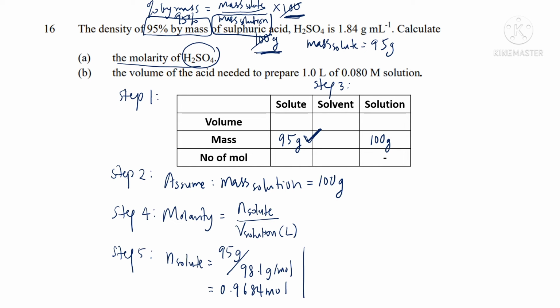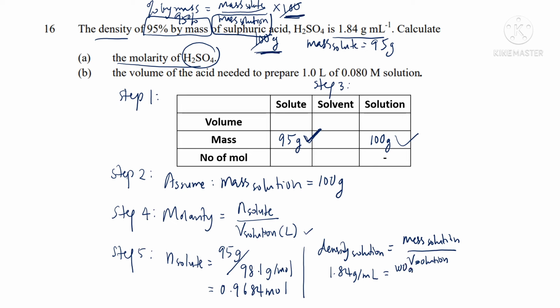And to find volume of solution in liter, we can use the density of solution term. So we know that density of solution is equal to mass of solution divided by volume of solution. And the density of solution is 1.84 gram per ml. And the mass of solution is 100 gram. And that should give us the volume of solution equal to 54.35 ml. And in the molarity formula, the volume of solution must be in liter, so we need to divide by 1000 to convert it to liter,